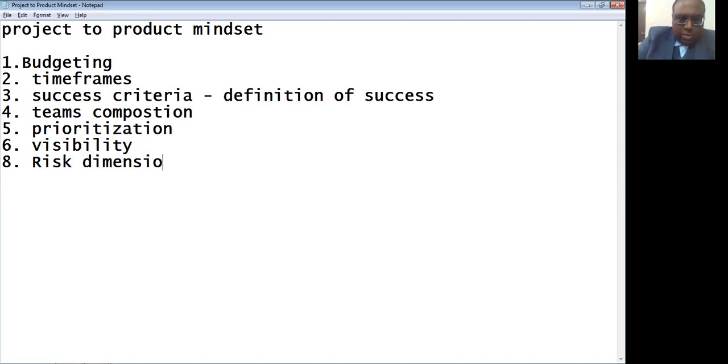Why am I saying this? Whenever you are trying to compare the project mindset versus the product mindset, it is always advisable to define what all the parameters, criteria and attributes are, so that I fix the attributes and then make a comparison between project and product.